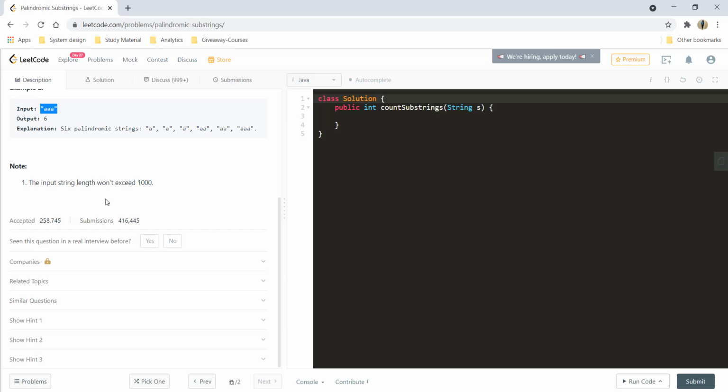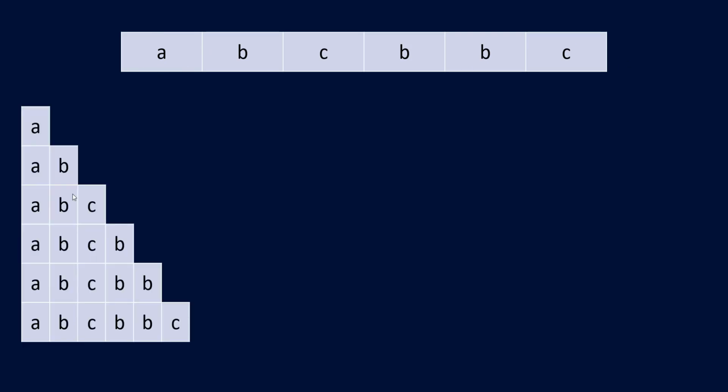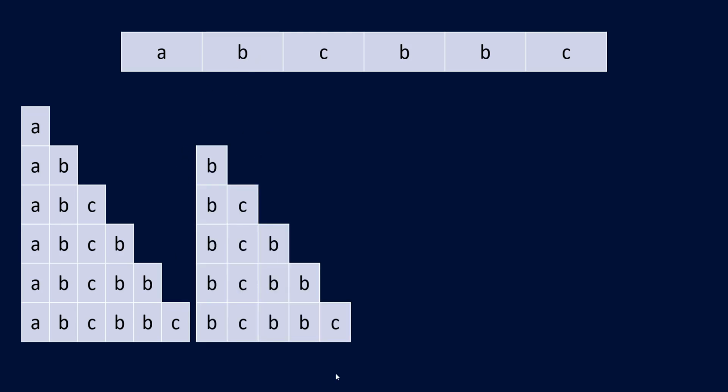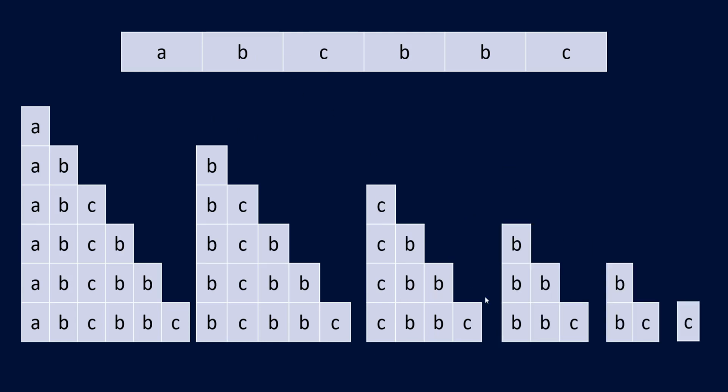I'm leaving that approach up to you so that you can try it out if you want. We'll see some optimized approaches to solve this problem in this video. So let's see the first one. We'll take this particular string for our example, and over here, if you see the substrings that are made starting from the first character, considering all these characters, they would be these substrings. Similarly, if you start with B, you will get these many substrings. If you start with C, you will get these, and so on. So these are the total number of substrings that you can get.